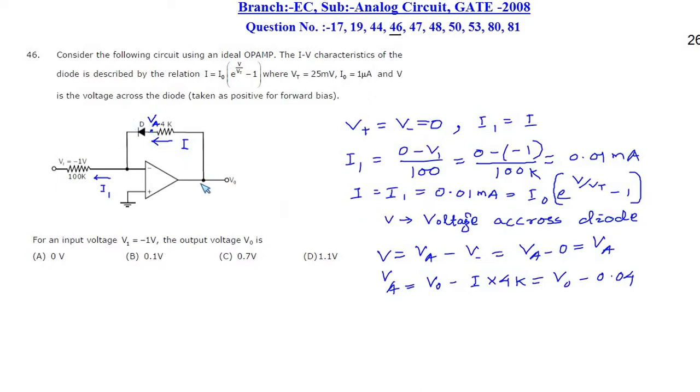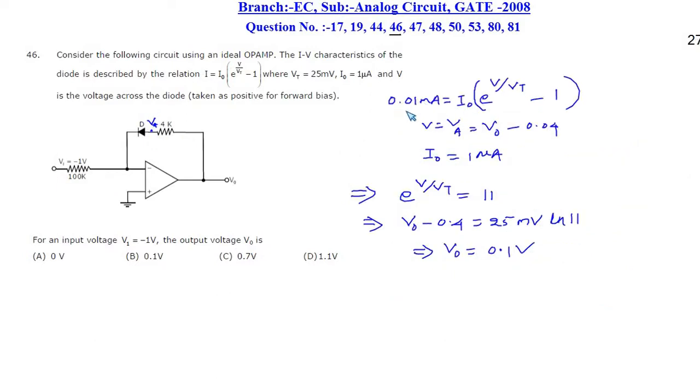So what will be VA? If you see from this side, VA will be equal to V0 minus I into 4K, and the I value, as you can see, is equal to I1, that is 0.01 milliampere. So after putting this, you will get VA equal to V0 minus 0.04 volt. Now this VA is equal to V, so we will substitute this VA here. So we have 0.01 milliampere equal to I0 (e to the power V by VT minus 1),